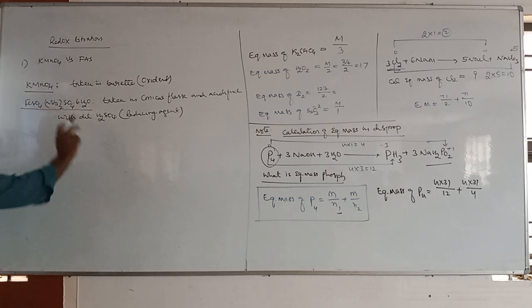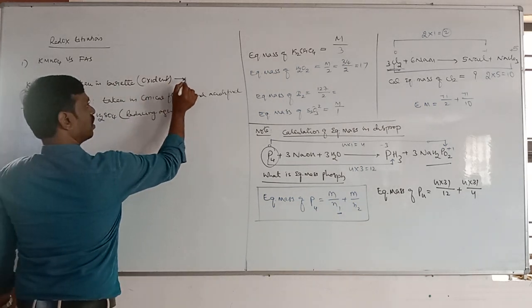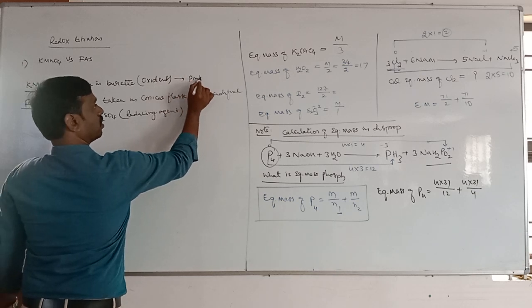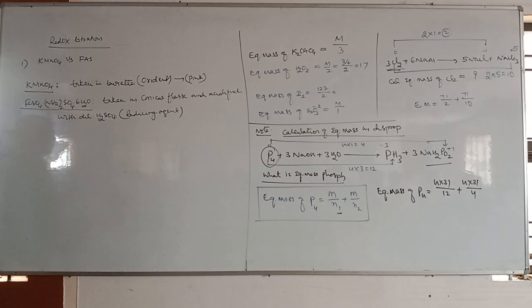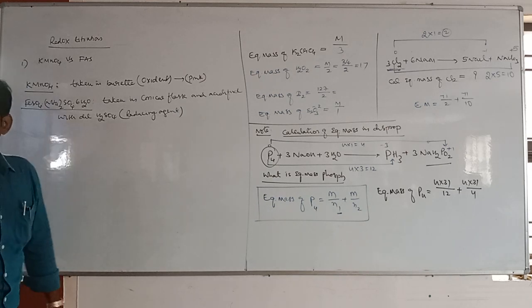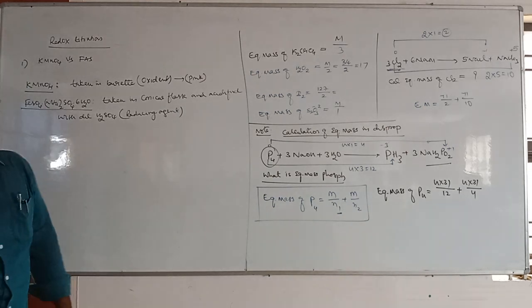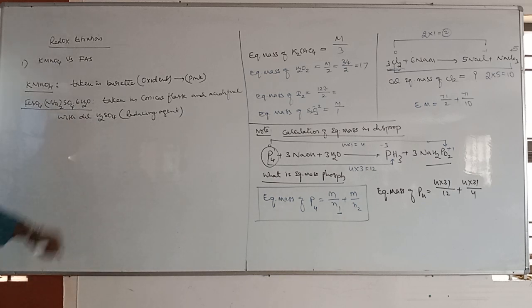Next, do you know what is the color of potassium permanganate? It is pink. But if you take concentrated, it is a purple color. But whatever dilute we take for our titration, it is pink only, dark pink. Some books give it as purple also. If somebody says purple also, nothing wrong. Let us take it as pink color. Then what is the color of ferrous ammonium sulfate? Colorless. Okay. Now titration. Tell me.